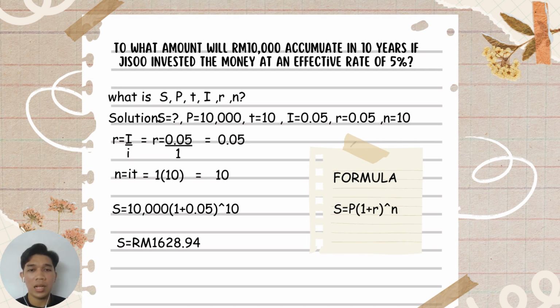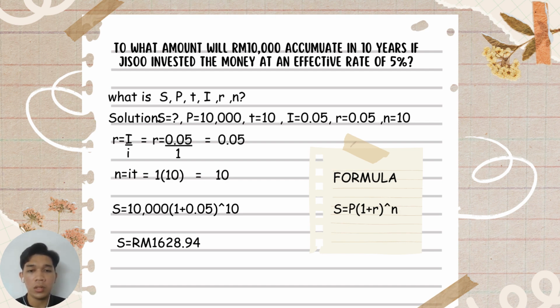To what amount will RM 10,000 accumulate in 10 years if this should invest the money at an effective rate of 5%? So, in this situation, we need to look for P, T, capital letter I, R, and N. Okay, so P is equal to 10,000, which is the amount. T is equal to 10, which is 10 years. I is equal to 0.05 and R is equal to 0.05, which we get from the formula